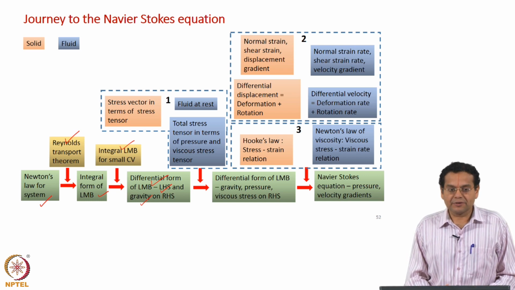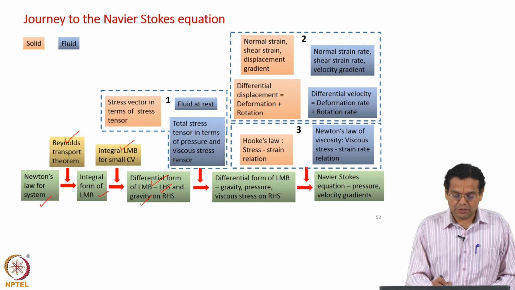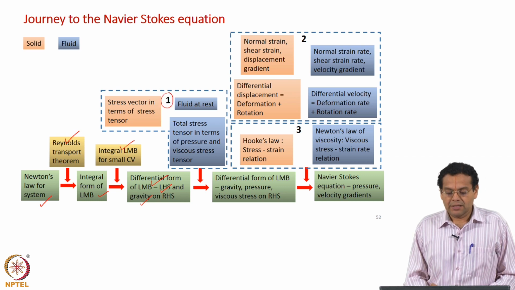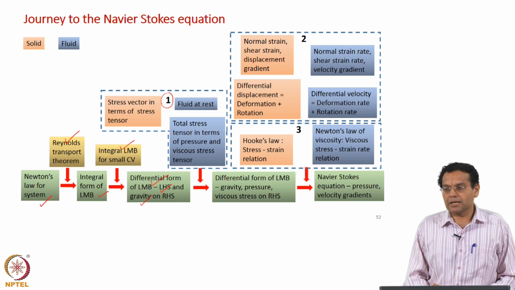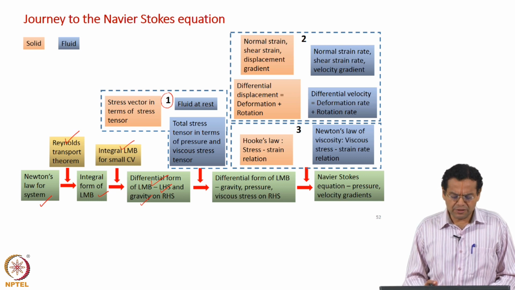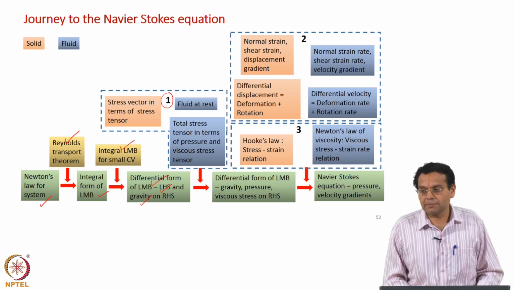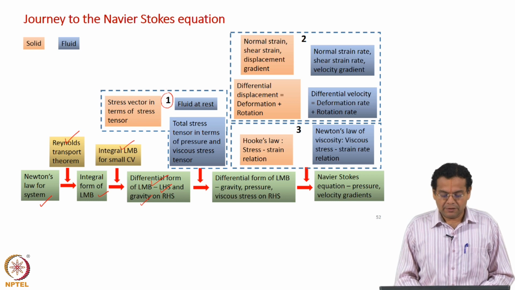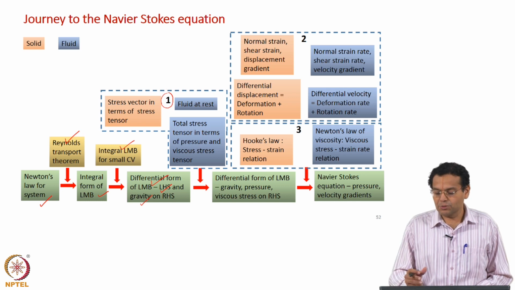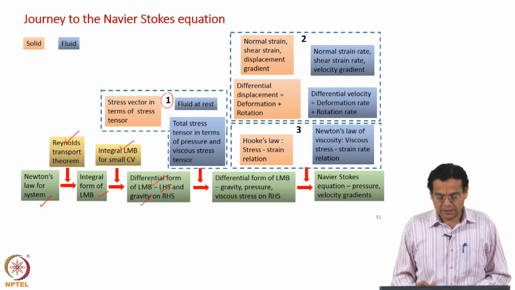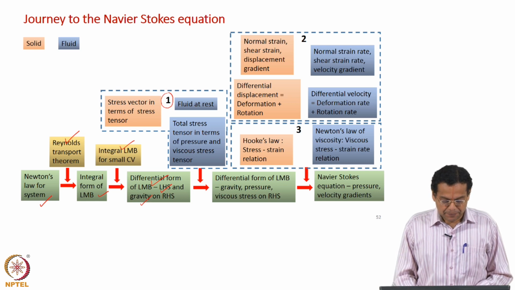Just to understand the surface forces, we take a diversion. This one represents the first time we visit solid mechanics and come back to fluid mechanics. Okay. So, the first time we take a diversion to solid mechanics, you will understand later what the boxes here represent. So, just to show that we take a diversion to solid mechanics to understand surface forces, and then the rest I will explain later. This 2 and 3 represent the second time and third time when you go and come back to solid and fluid mechanics, I mean shuttle between solid and fluid mechanics.